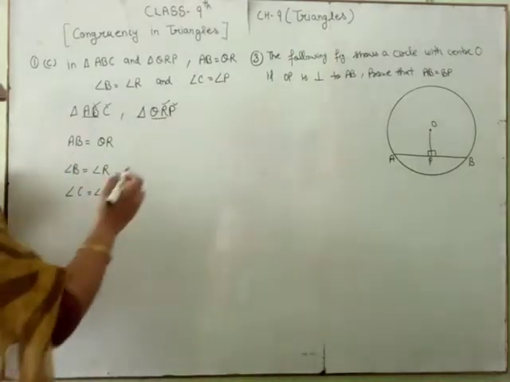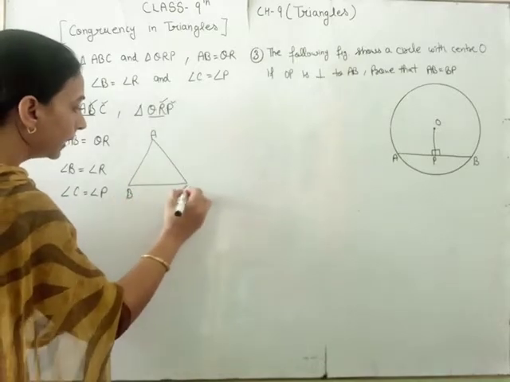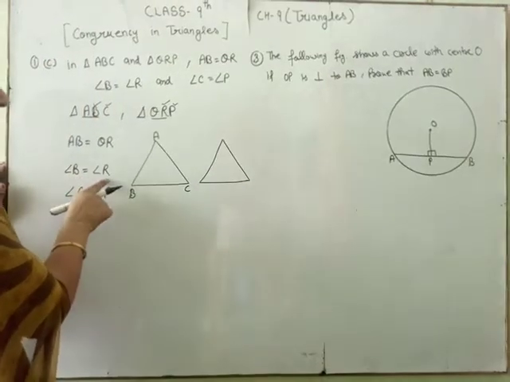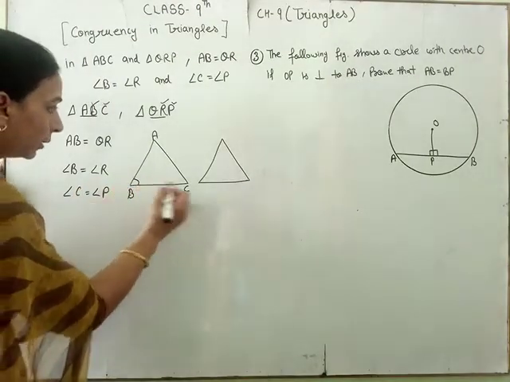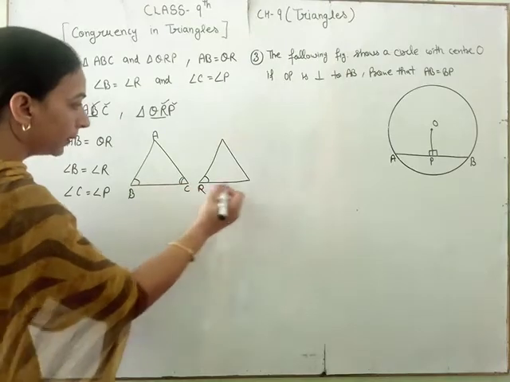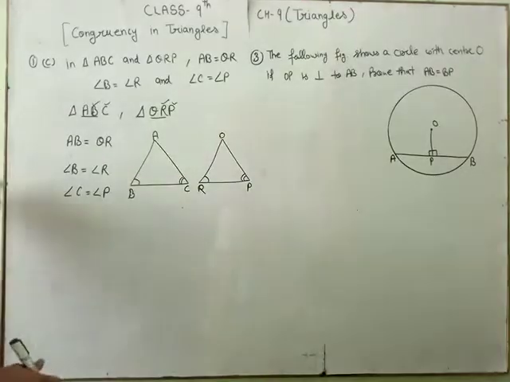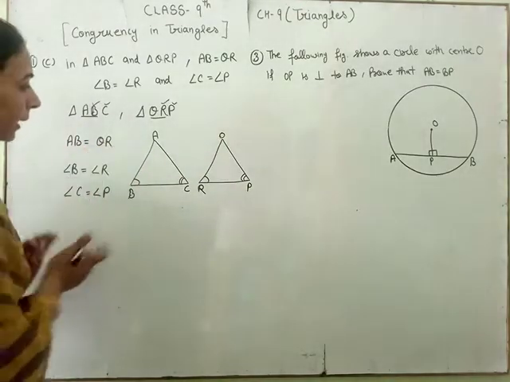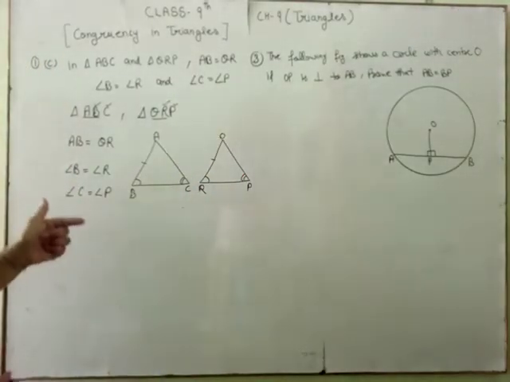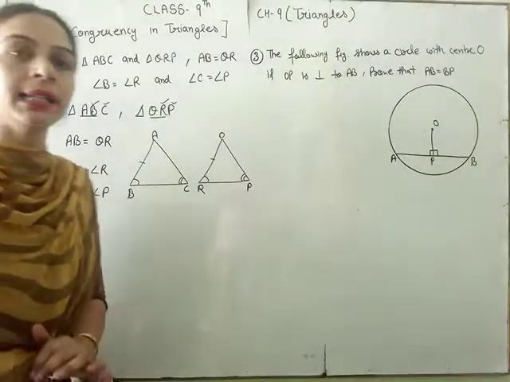Okay, and which type of triangle is this? This is a triangle of this type, A, B, C. Okay, next triangle is according to angle B, angle R. Let us take this angle R. Next angle C equal to angle P, then P, Q, R. This is this type of triangle. And AB equal to QR. Okay student, one side and two angles. Three conditions satisfied. If three conditions are satisfied, then these two triangles are congruent.